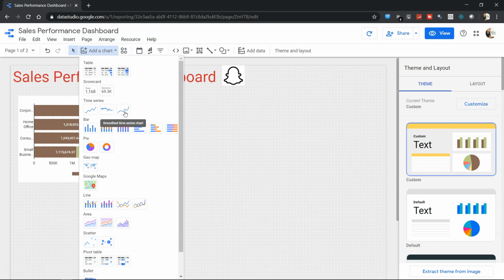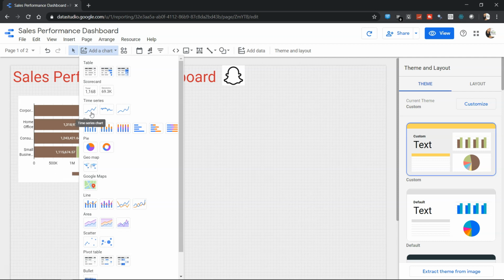Then you have the smoothed time series chart. Generally the time series is sort of a zigzag chart. As you can see, it's going up, down. Whenever you have more variation or more changes in the trend, identifying the trend is really difficult. In that case, you use the smoothed line chart by smoothing the time series, and there are various factors by which you can smooth, which are moving average, exponential moving average, and metrics like those.